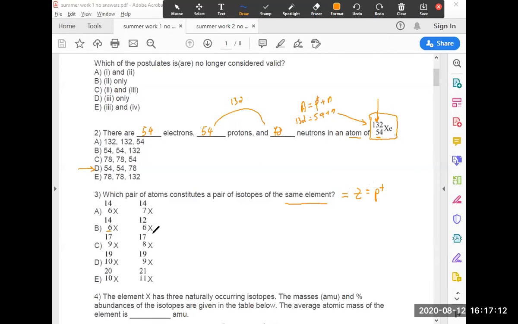So this is the only choice I'm seeing, okay? And which element would that be, just for the sake of it? Well, the one that has 6 protons is going to be carbon. So you have a carbon-14, another way of representing the carbon-14 is this, or you can have a carbon-12, okay? Then the element Z,